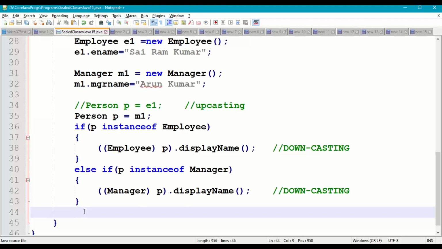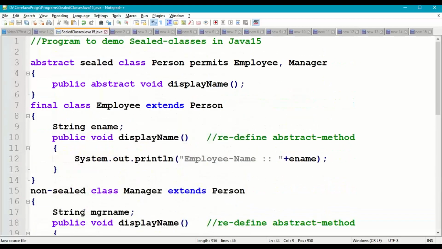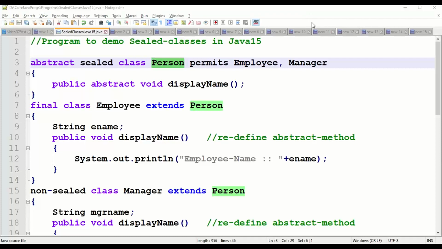This is the specialty in the coding mechanism of a sealed class for Person. A Person object reference can store only two subclasses' object references: one Manager, two Employee. So this is how we are supposed to work with sealed classes,